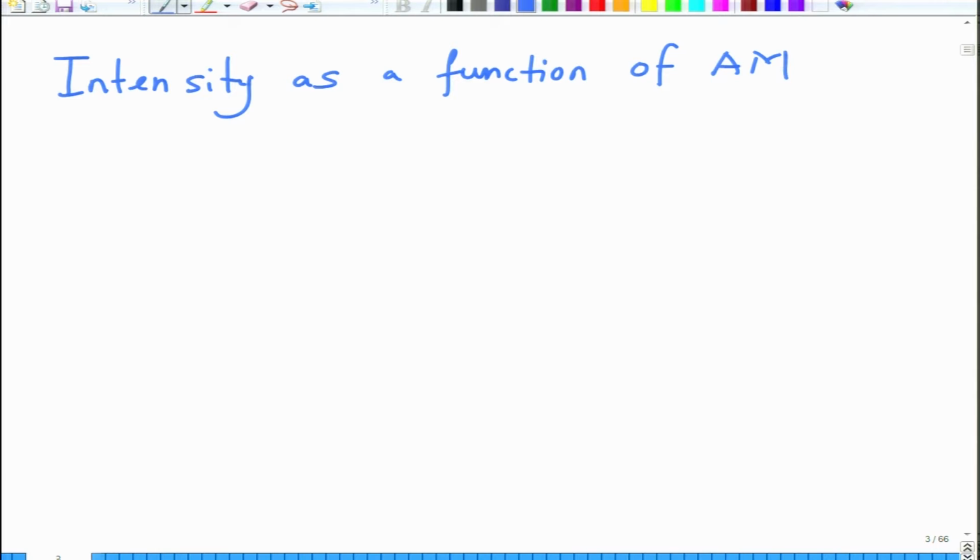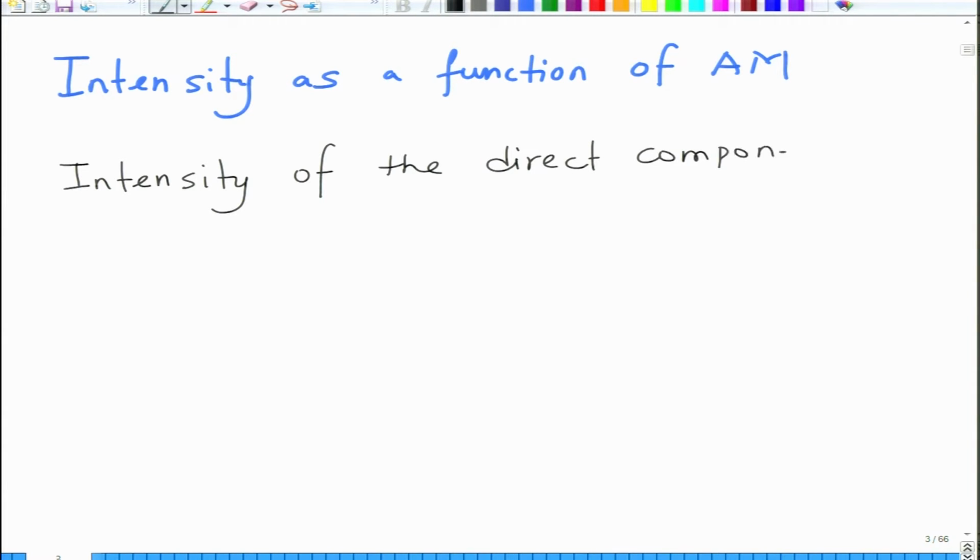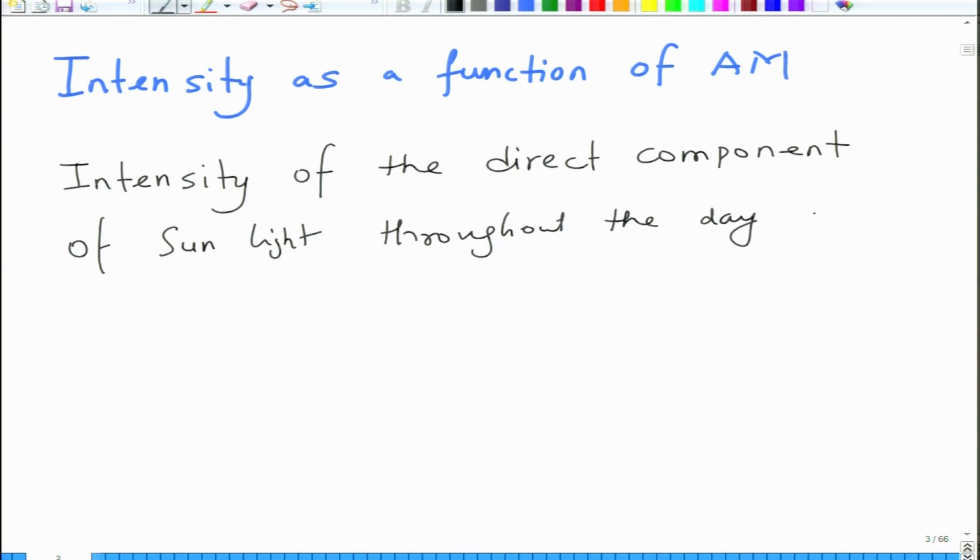So the intensity of the direct component of sunlight throughout the day is given as